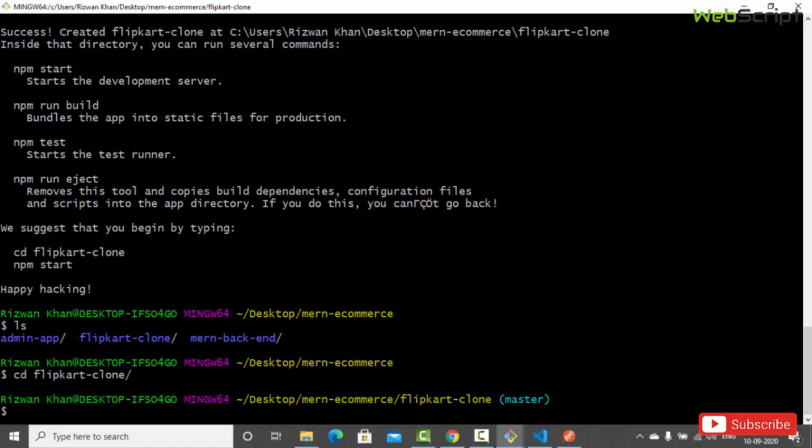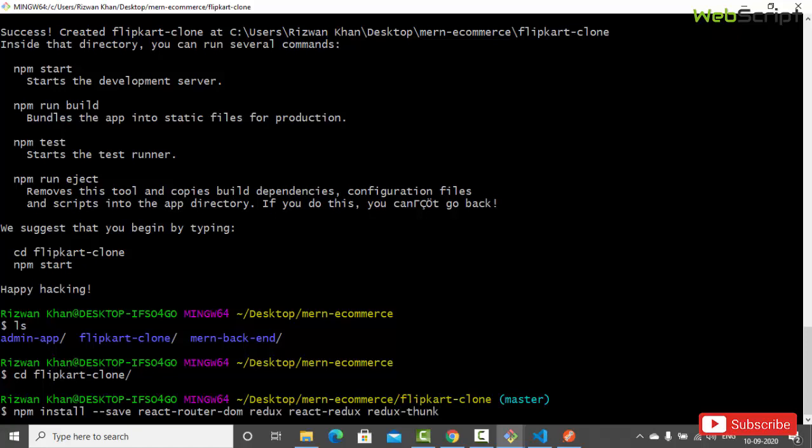Here we are already familiar with React. We have already worked with the admin application, right? We know almost everything, right? So what we are going to do is first install a few libraries which are mandatory, right? So we'll run npm install --save, and here we're going to install react-router-dom, redux, that is for the state management, react-redux, redux-thunk,